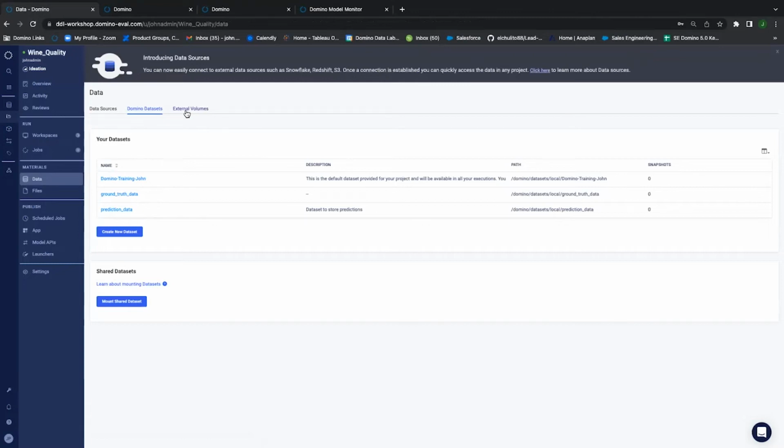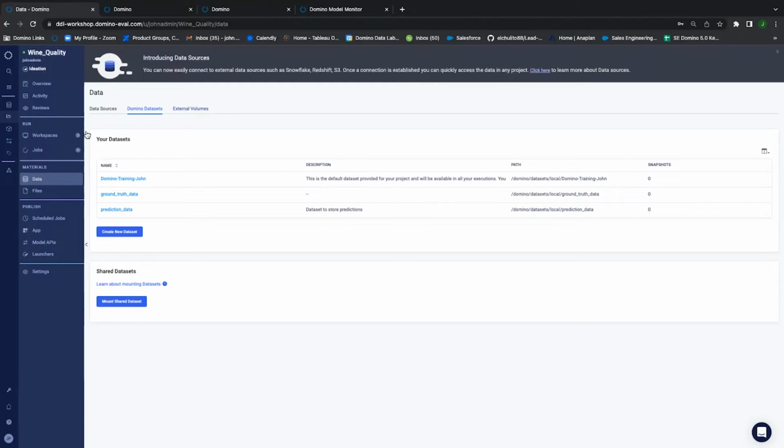So those are three of the different ways of having data sources, as I mentioned, in Domino. The fourth and last one is more along the lines of when you're working with an ODBC connector or JDBC connector, something along those lines. You can have that set up in your code when you're just running your code specifically in a workspace or job. I don't have an exact example of that, but I think you'll get more understanding when I show you a workspace or job, what I mean when I say you can just connect to an ODBC or JDBC connector.